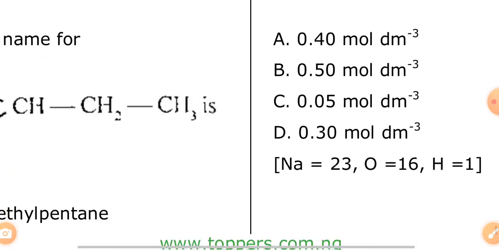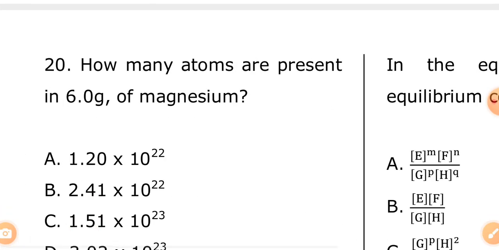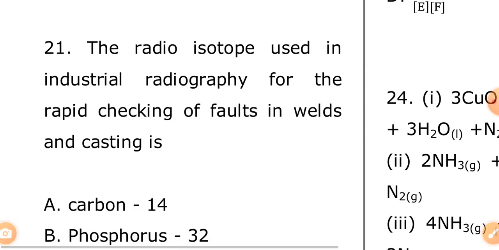let's continue our review of the theoretical questions in chemistry for JAMB. The radioisotope used in industrial radiography. In your chemistry textbook, you should see this topic: radiography, nuclear chemistry. The radioisotope used in industrial radiography for the rapid checking of faults in weld, that is welding and casting, is